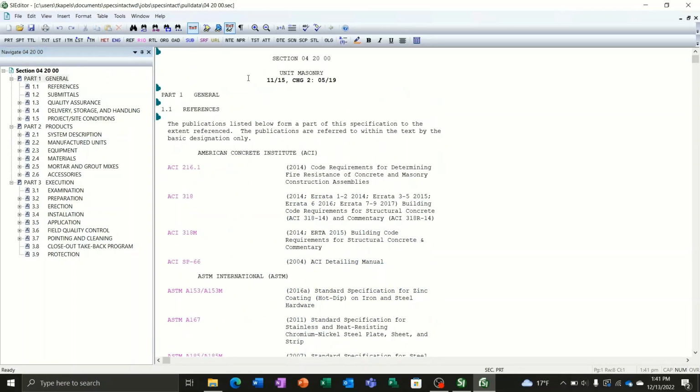Another thing I should point out here at the very top is our toolbar. This has some different features than what we have in a word processor, since we are dealing with Specs Intact. There are three key ones here at the top. This one has a tag with the glasses. That's to view our tags. So right now this looks like a pretty generic, basic spec, but we know that tags are very important.